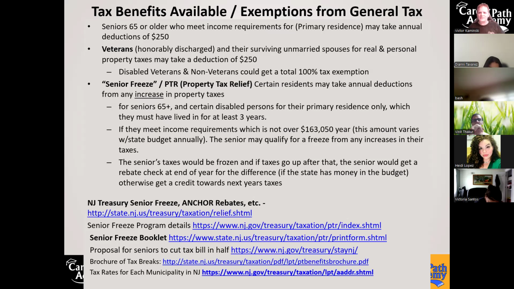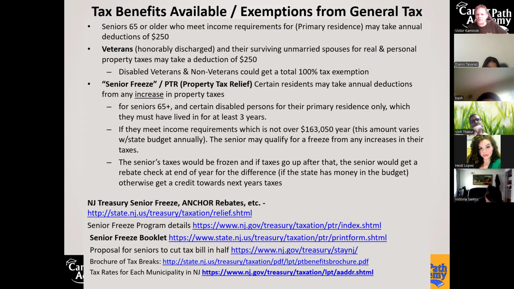I recall my dad, he's always complaining about the taxes going up. So I went to him and I was like, hey, by chance, did you apply for a senior tax freeze? And he didn't even know what I was talking about. So I went down to City Hall to get the booklet for him so I could enroll him in this program. And the lady I was talking to there at the tax window behind the bulletproof glass, she's like, oh, there's no such program like that. And I was like, yes, there is.